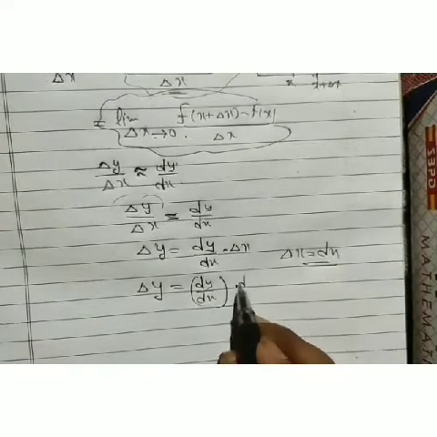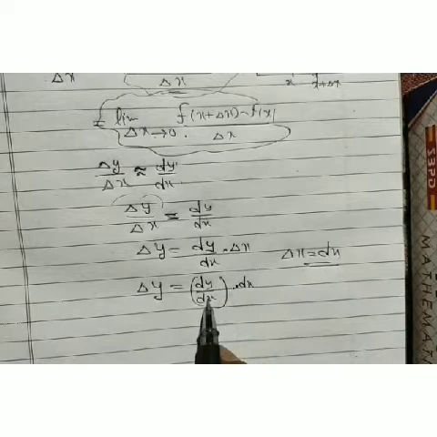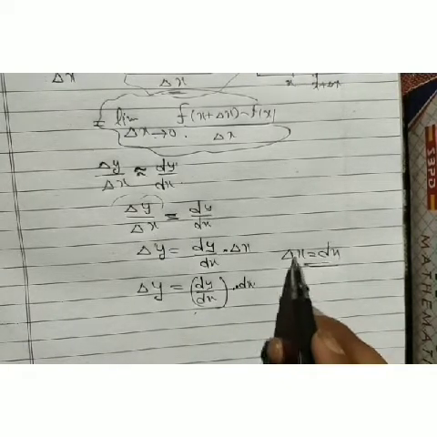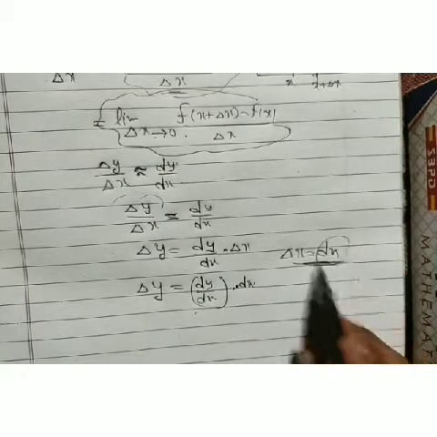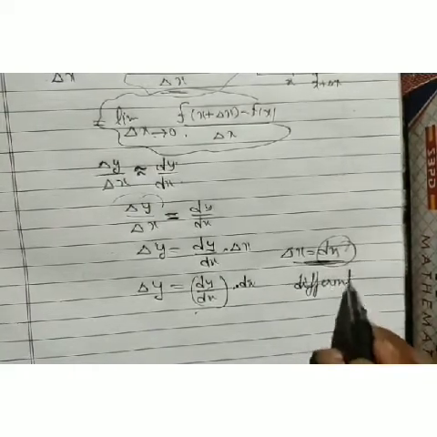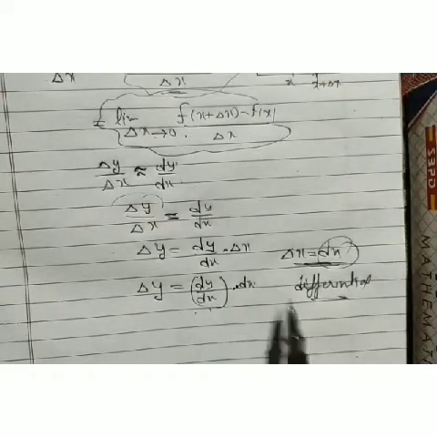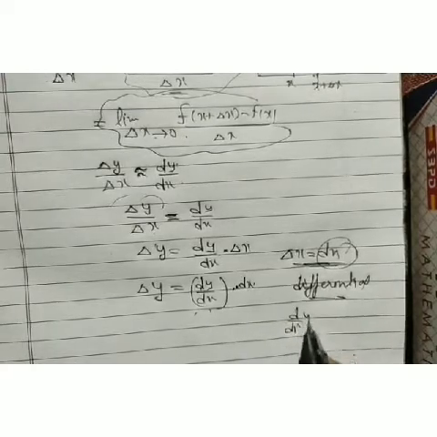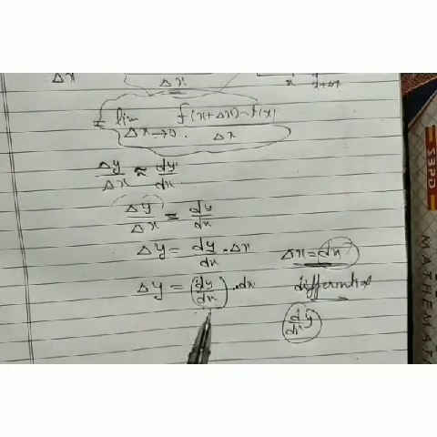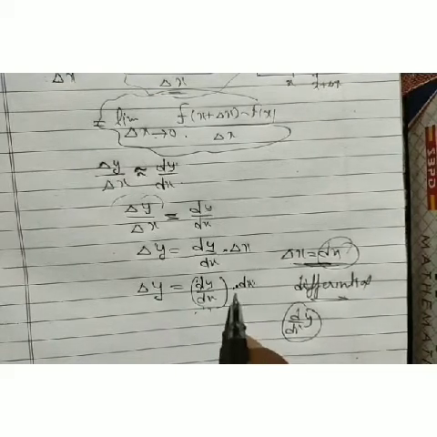Taking delta x or taking dx, don't be confused that this dx and dx may be cancelled out. Actually I am defining that this delta x is now a differential. And this is d/dx of y, our derivative. This is not dy by dx as a fraction. That's why this dx and dx are not cancelled out, because it's our differential.